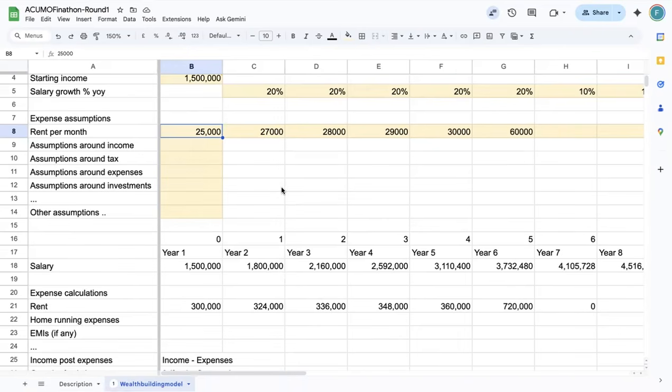Basically, corpus is a function of three broad heads. We've just given you an example of that. Under income, you might have some other head also. We're just saying salary, but some of you may be running your own business, right? So there could be other heads of your inflow. Focus on that. Similarly for expenses and investment.